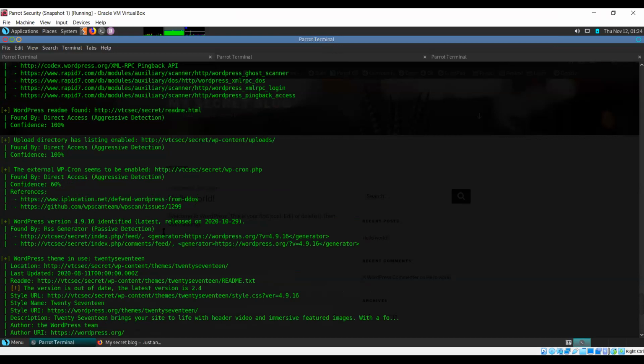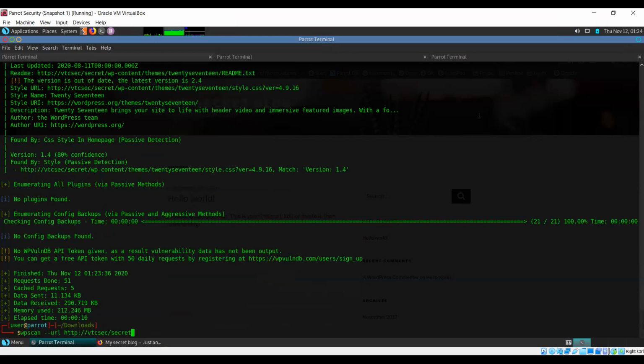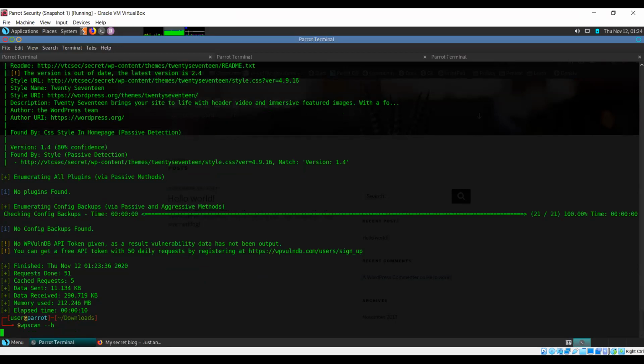Now, there are a couple other things that we can tell WPScan to do. And I'll use one such option to figure out the username. Actually, this isn't correct.